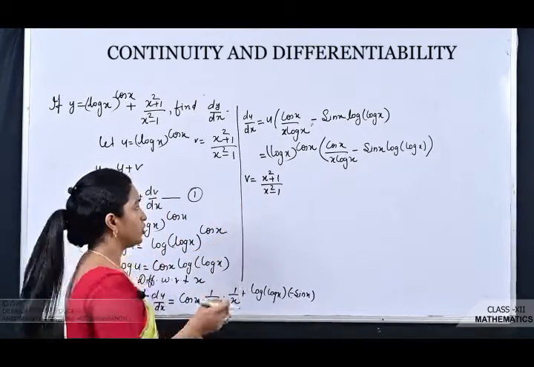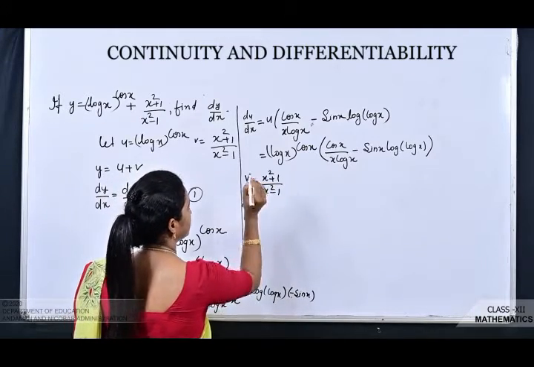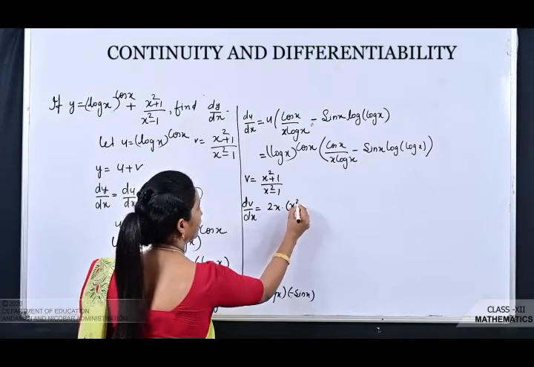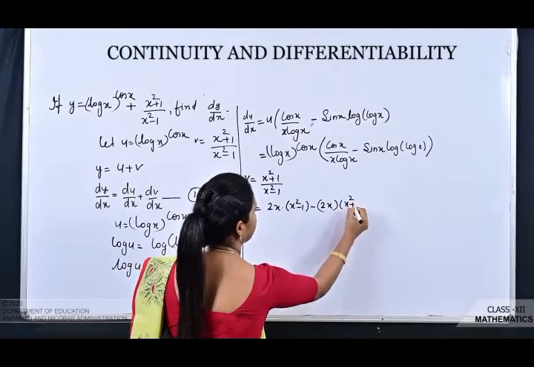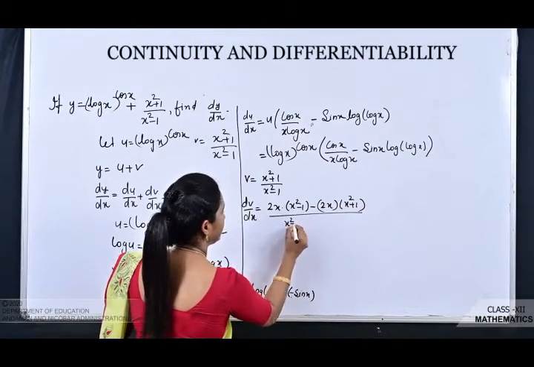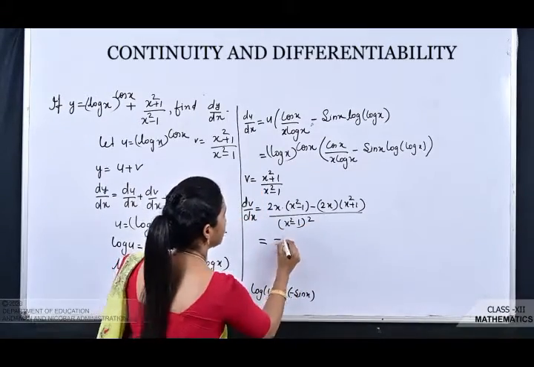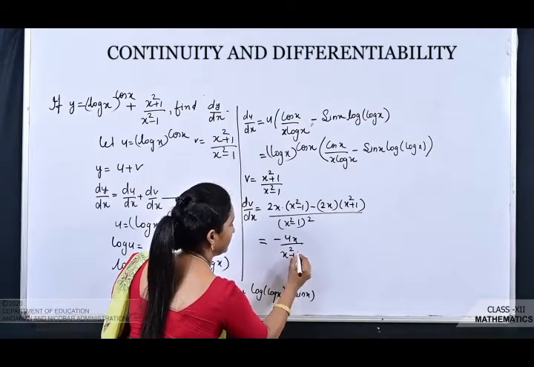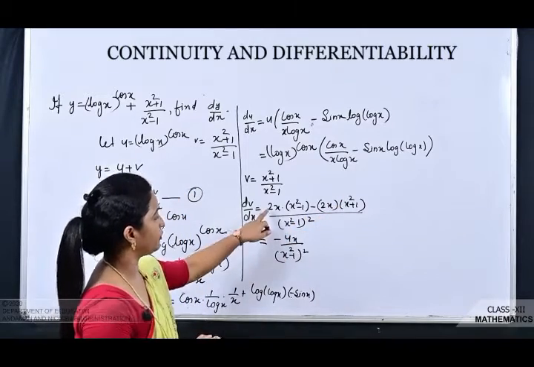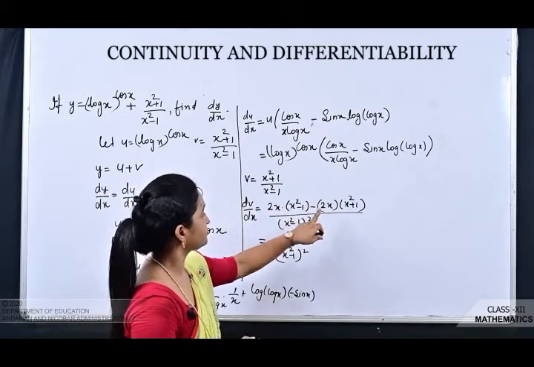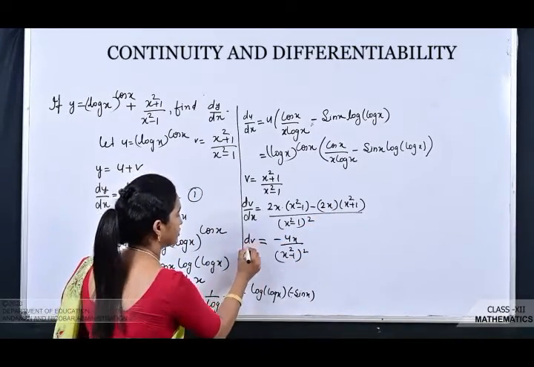Applying quotient rule, you are going to get the answer as dv by dx is equal to, numerator, differentiation of numerator is 2x into denominator minus differentiation of denominator is again 2x into numerator, clear, by x square minus 1 the whole square. So when you solve this, you are going to get the answer as minus 4x by x square minus 1 the whole square. Because 2x cube and 2x cube will cancel, okay, you are finally getting minus 2x and here also minus 2x, that is minus 4x by x square minus 1 the whole square. So dv by dx also you got it.